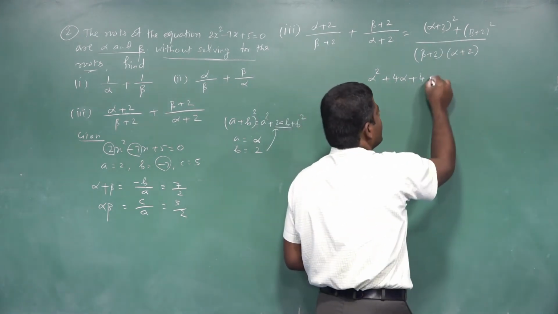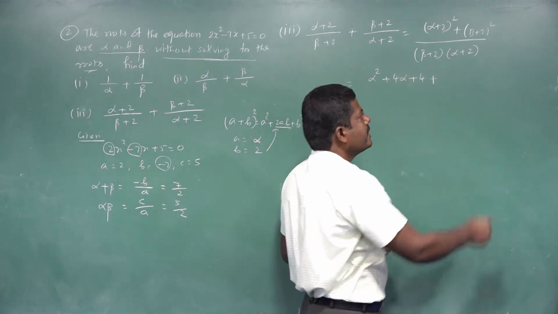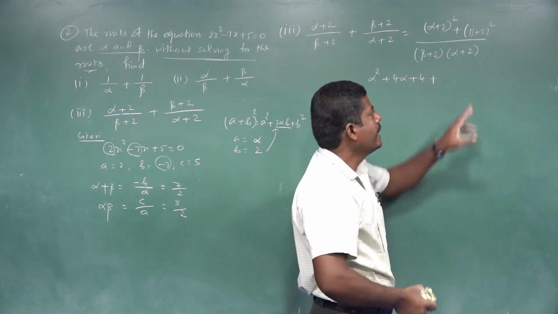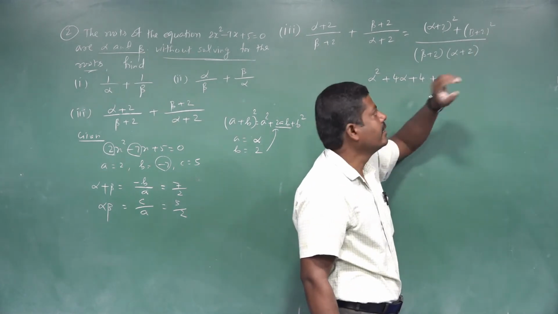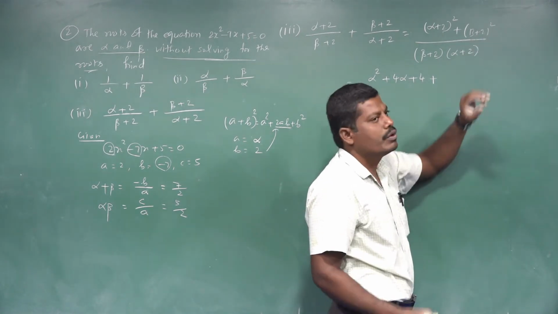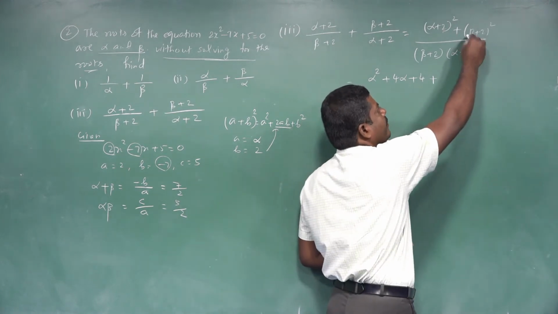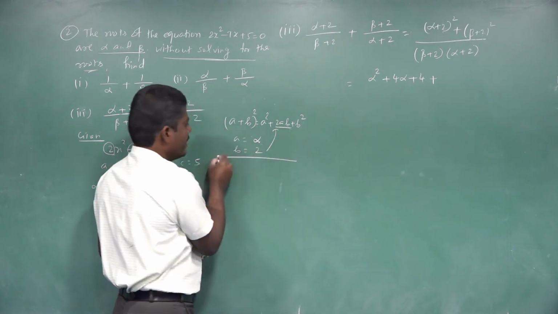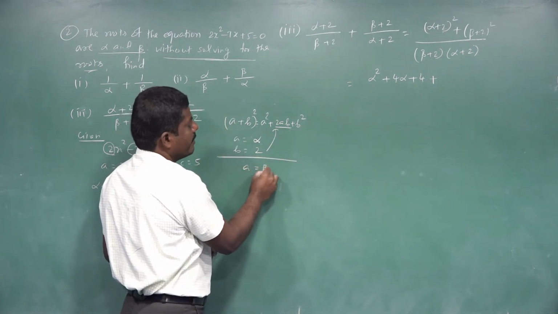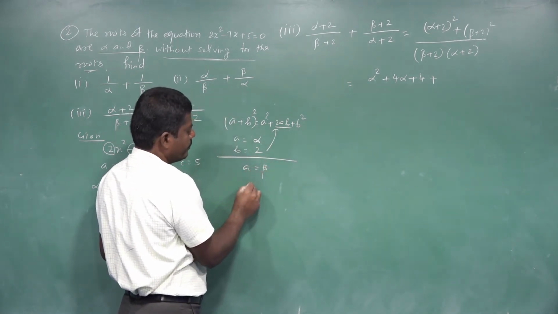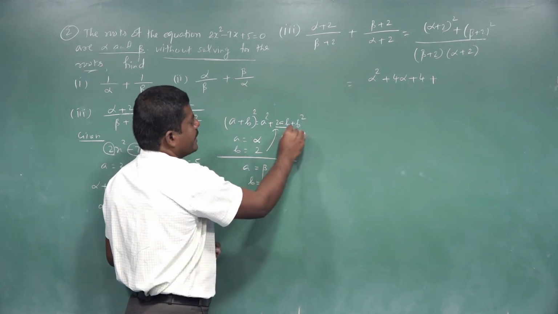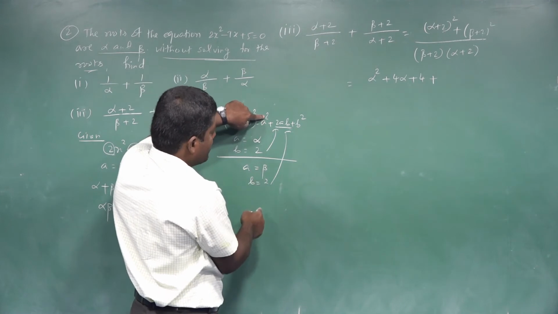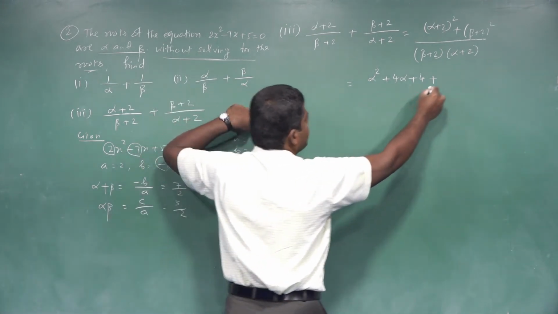In the middle you have plus and you take plus here. This is in the form of A plus B the whole square, this is also the A plus B the whole square formula. Understand? Here A value is beta and B value is 2. Same formula only. Substitute again, what you get? Instead of A substitute beta. So A square is nothing but beta square.